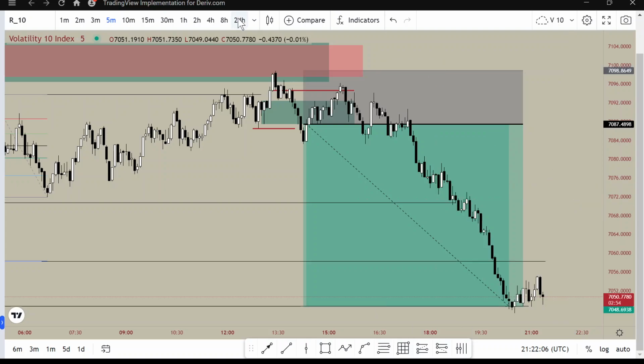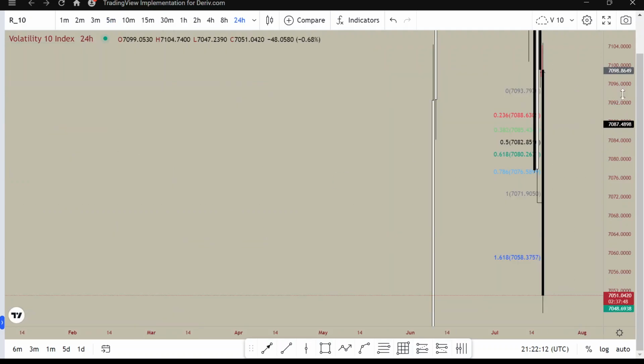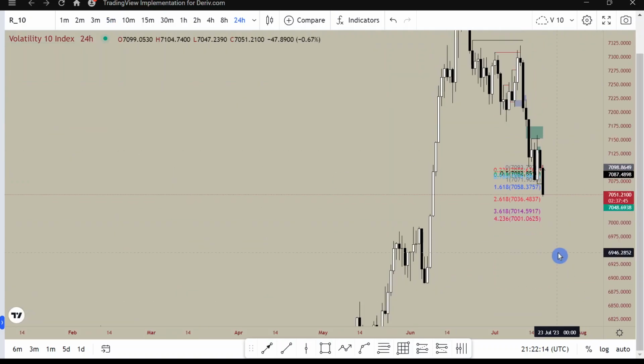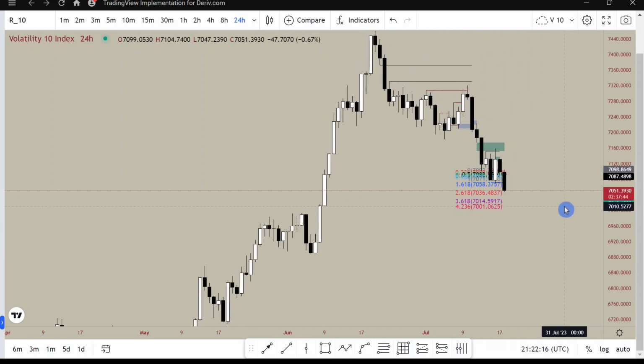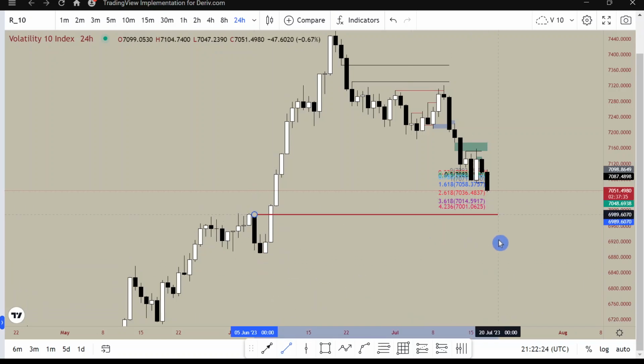Now let's go to the daily time frame. That's where I start my analysis from. We have to first of all identify our daily bias. Looking at the daily chart, it is clear that price has been bearish for a while. I think price is going to sell all the way to this bullish order block. For my long-term bias, price is going to sell to this bullish weekly order block. So on the daily chart, order flow is bearish, and if price is bearish on the daily chart, I want